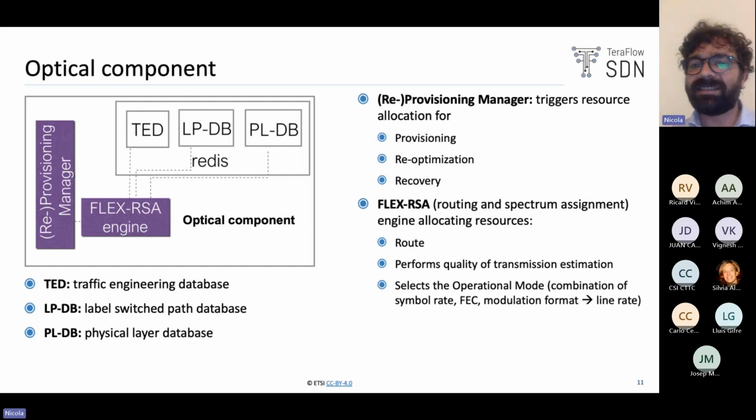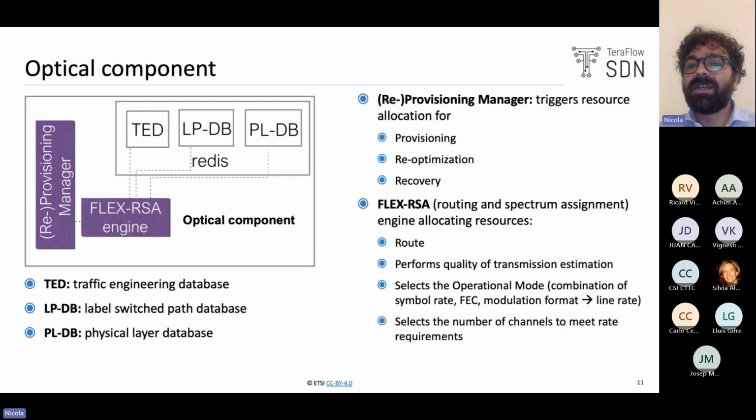So based on this estimation, we have the operational mode. But this operational mode, with that specific line rate, is able to support the requested line rate. If so, okay, we have to establish one channel. But if the line rate is not supported, maybe we need more channels. So this engine is also able to select the proper number of channels to meet the rate requirements of the